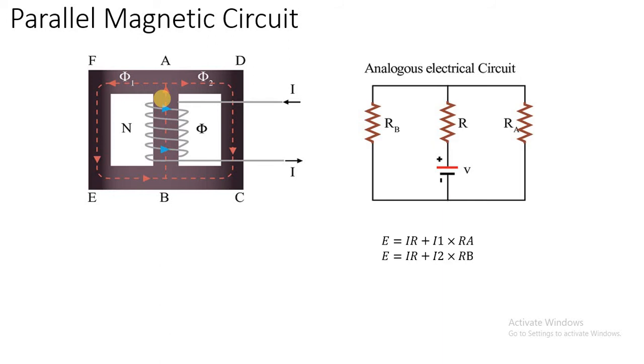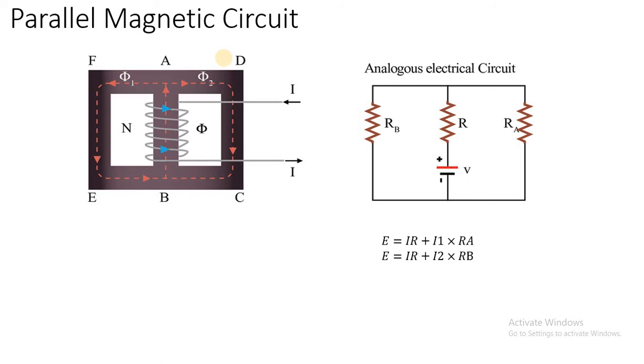So here flux divides, whereas in the previous circuit, the ring section which we have seen, the total flux phi doesn't divide. The flux phi flows the same throughout the ring. Flux phi doesn't get any other path to flow. It is having only one path to flow. So when there is only one path to flow for flux, it is called a series magnetic circuit. And when flux divides into a number of paths, it is called a parallel magnetic circuit.